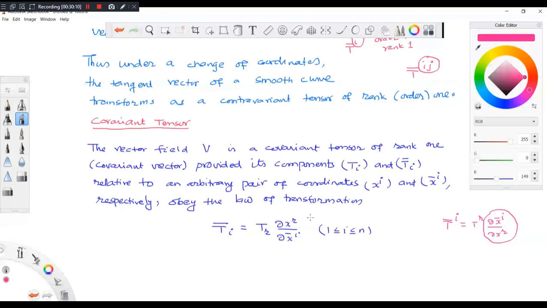See, for example, you can imagine something like this. I will give you a rough idea of this contravariant and covariant. Suppose you have a coordinate system like this. This is one coordinate and this is another coordinate. Okay, they may not be orthogonal coordinate system. They may be general coordinates. So suppose this is your x1 and this is your x2 coordinate system. Okay, so now I have a vector. Assume that I have some vector in this system.